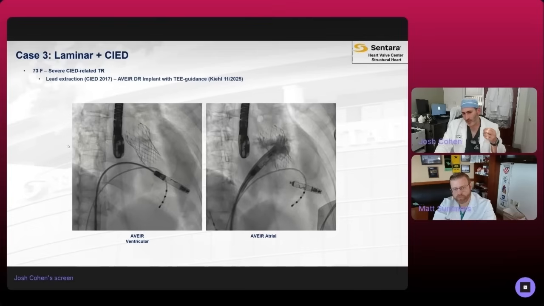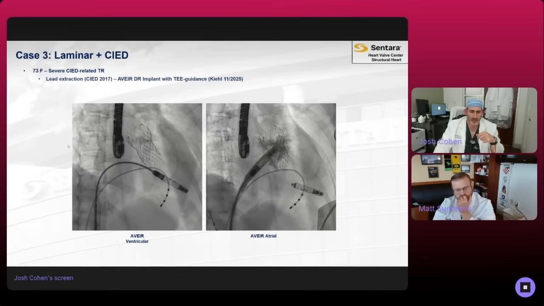The last thing I want to do when I see someone in clinic is convert a very safe TriClip procedure to a less safe or more morbid procedure that requires cardiac surgical backup, or where we could tear a valve. And so we've kind of gone back and forth on how aggressive we are about lead removal versus clipping around leads or something like that. Here, this lead came out,